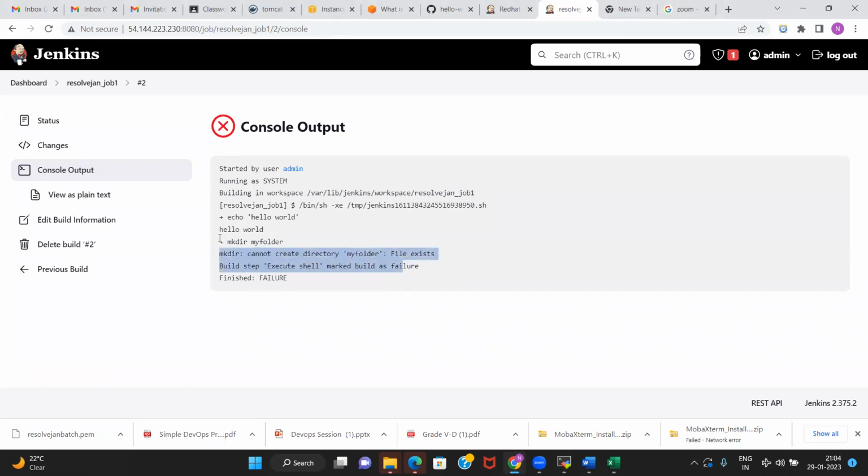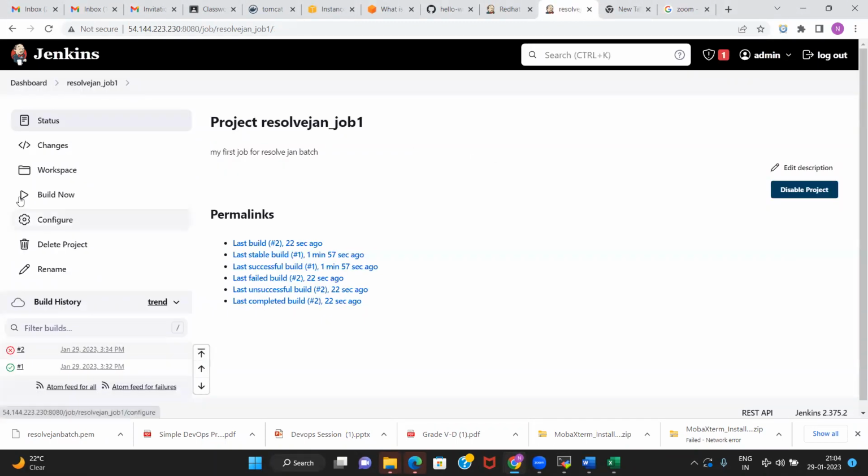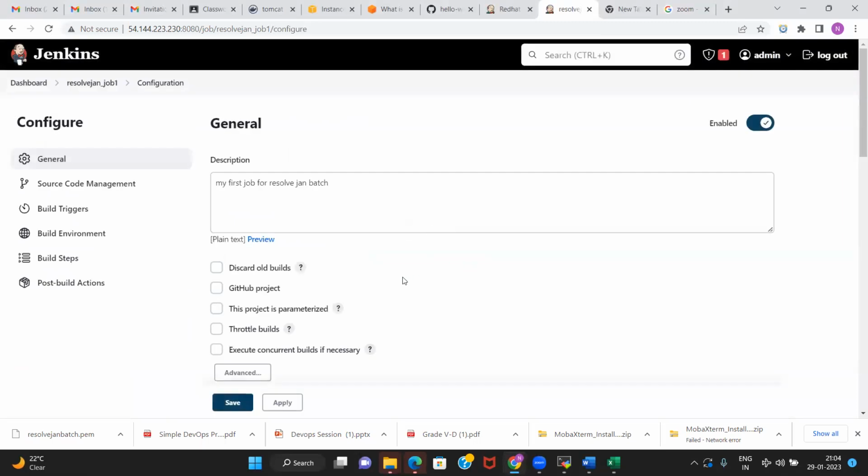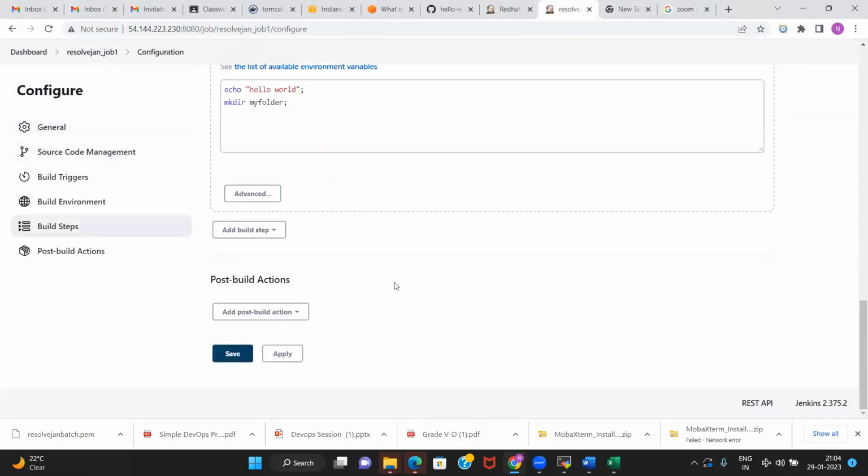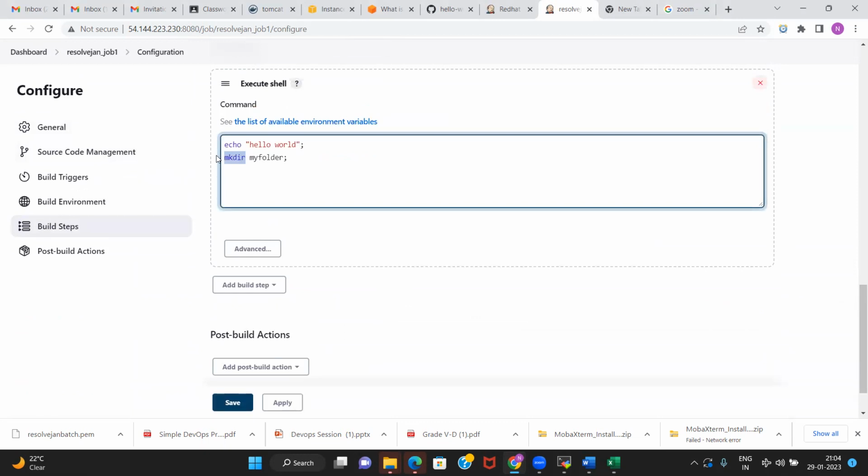Okay, so let us make the change, and let us do something called cd my folder.